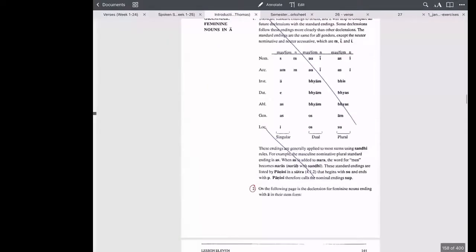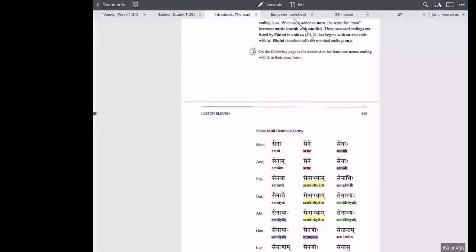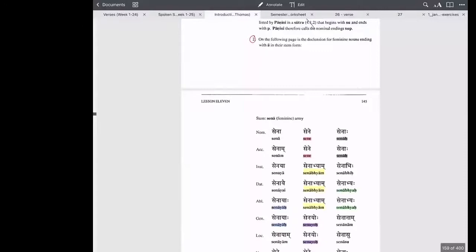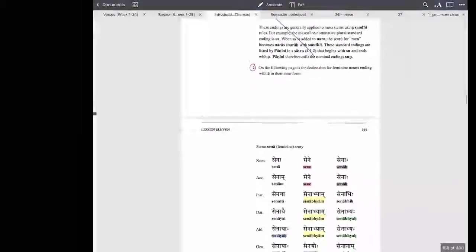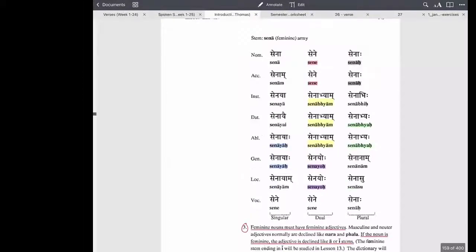Now we're entering the feminine paradigm. Sena, army. That means a conglomeration of warriors. So this is page 145. This is going to help us to now recognize a whole bunch of new words, because there are a lot of words that you do know in the feminine. Same case, same situation. 8 cases, we just have to now remember them.